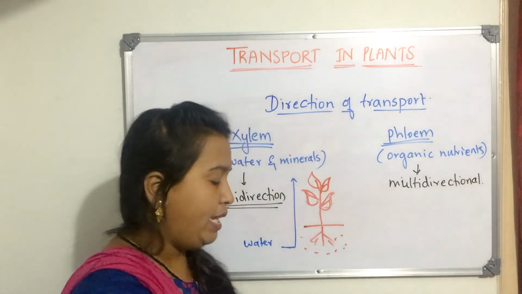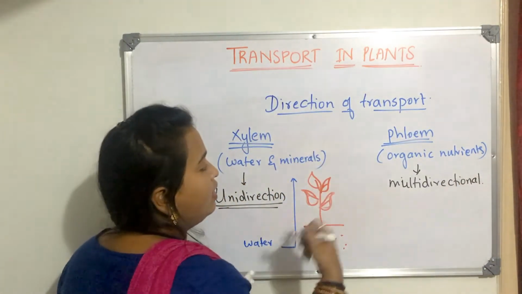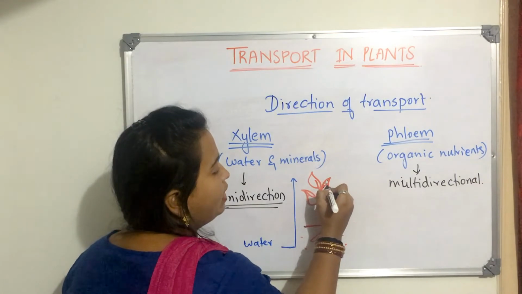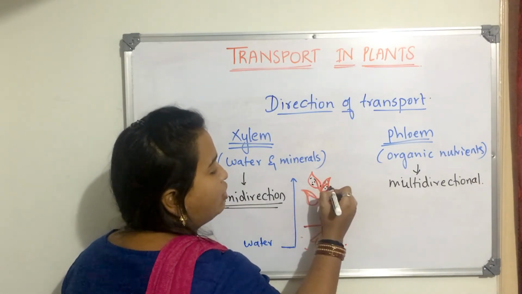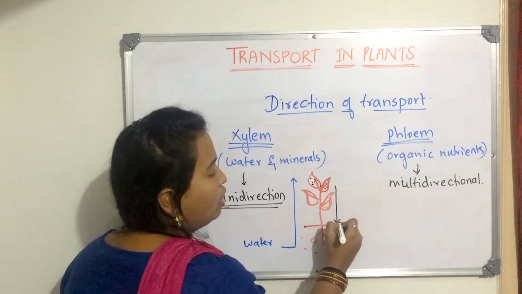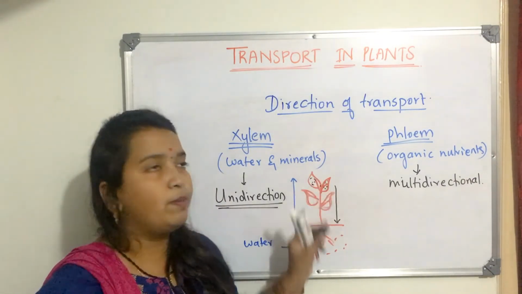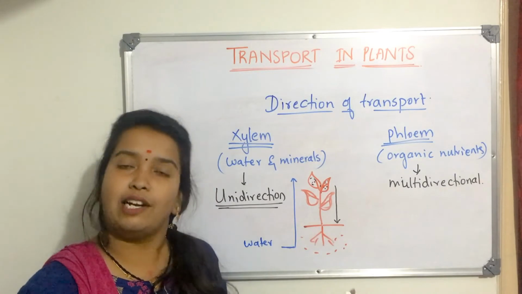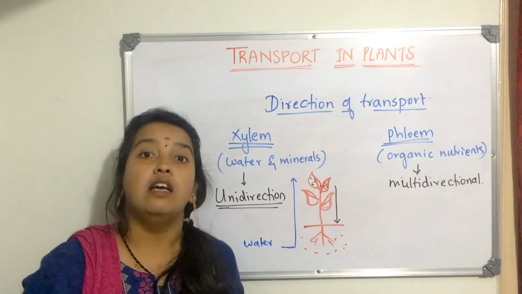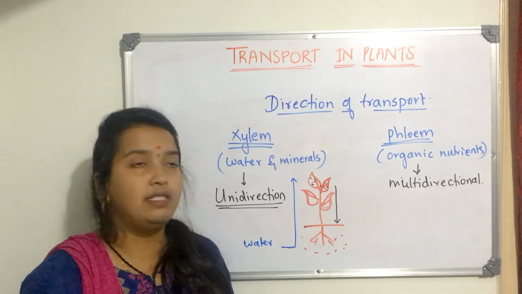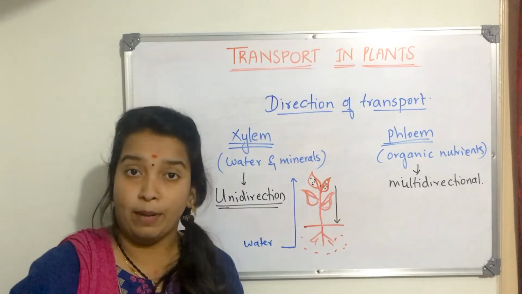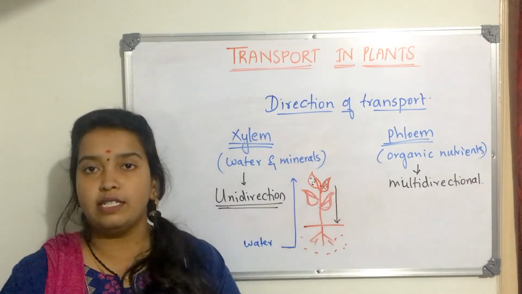So you people may think that food is prepared in the leaves. Food is prepared in the leaves, and from the leaf, actually, it needs to go to the root and other parts of the plant. So even this is unidirection, no? From top to the bottom. Even this looks like unidirection. Yes, it is right. But actually what happens in the case of phloem, that is in case of organic nutrients,